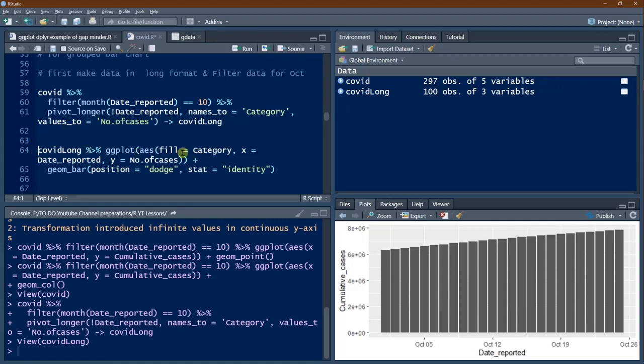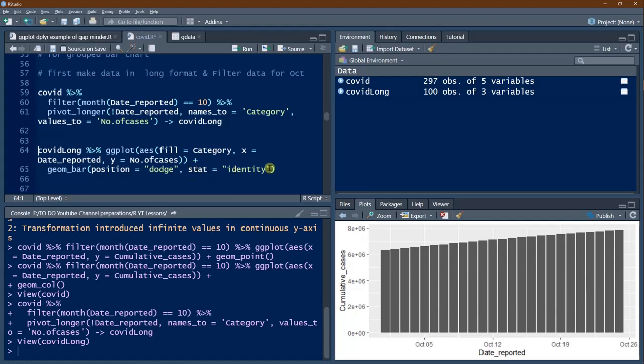What we have to do, you have to simply report fill as category, because for each bar we want a different color. X is date reported, Y is number of cases, because number of cases is the only value. And then we will have a geom, that is geom_bar, and here position is dodge, that means by the side of each other, not stacked.